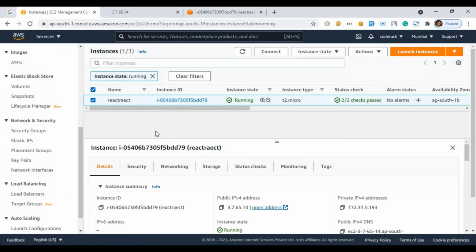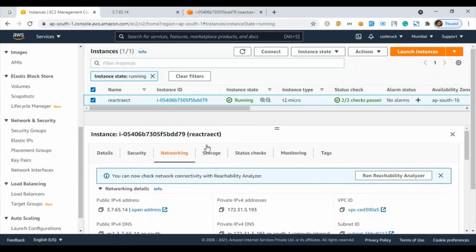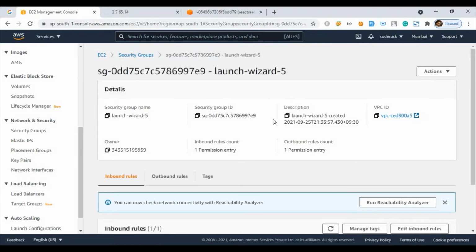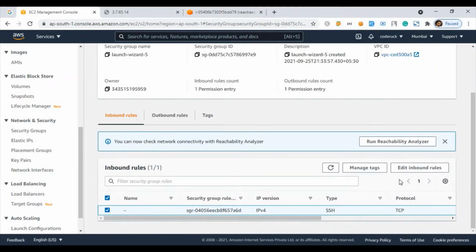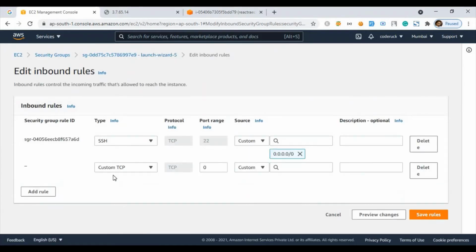For that we have to check what security group we have. Okay, so we have this security group. For that we need a security group which is able to accept HTTP requests.